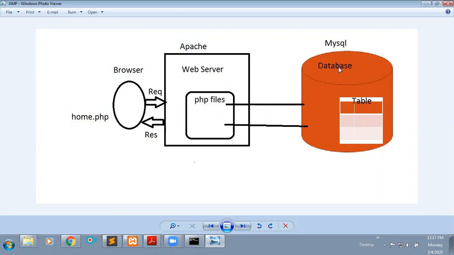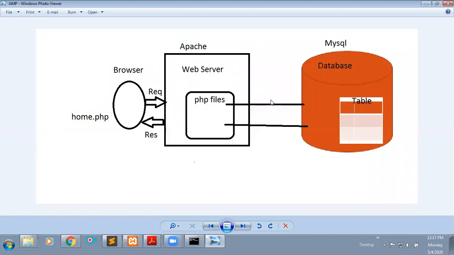I created some database, then I created one table, and I inserted some data into this table. But as a PHP programmer, you need to write the code to connect to your database using your PHP files. That is, you are going to integrate your PHP with MySQL.